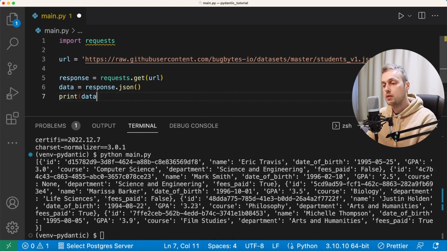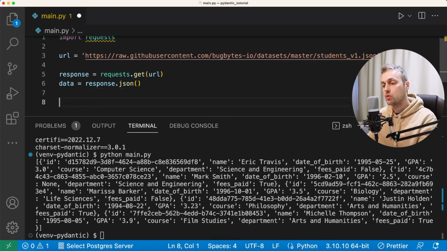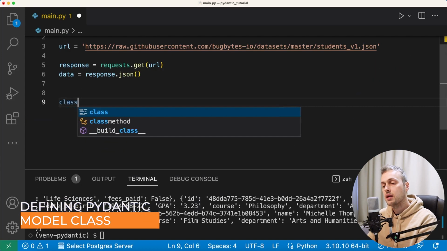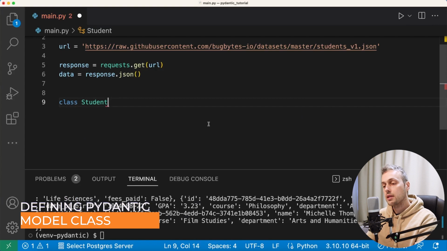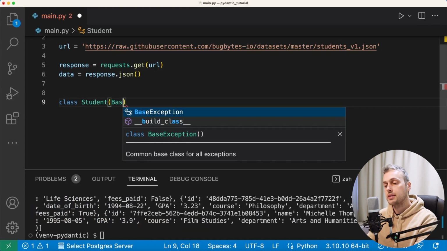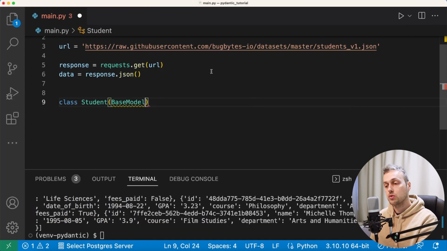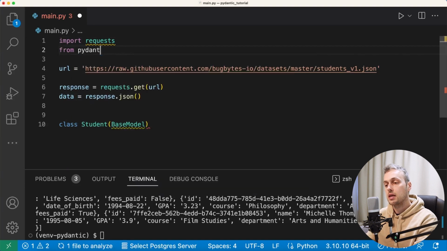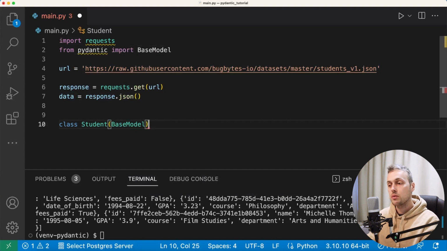So I'm going to remove the print statement from this section of the code, and just below the data here we're going to define a class here, and we're going to call that student. Now this class is going to inherit from a Pydantic model that's called the base model, so we need to import that at the top, and that's going to be from the Pydantic library. We're importing this base model, and whenever you're modeling data with a Pydantic class, you're going to typically inherit from